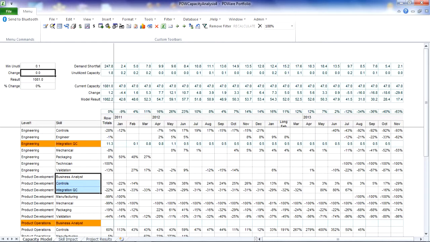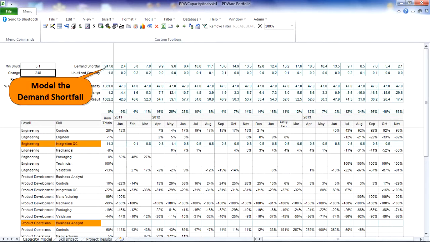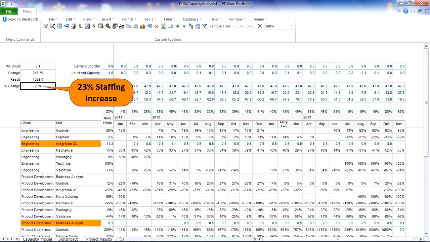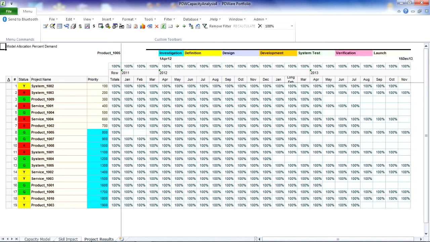So we can go back now and take another look and see what happens if we try to satisfy all the demand shortfall. Now what this represents is actually changing the capacity in the organization. So we're going to have a 23% increase in this particular model to our current head count. And when we run that model, we find out that we can actually achieve the whole portfolio. So it would take a 23% head count increase to achieve all the work we want to